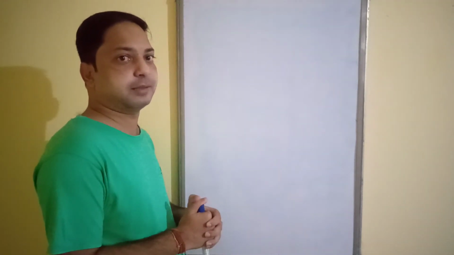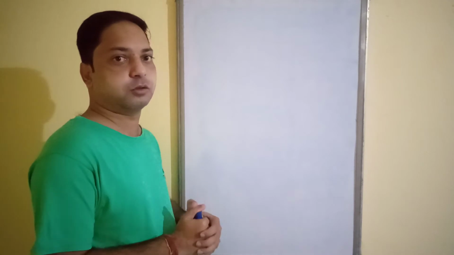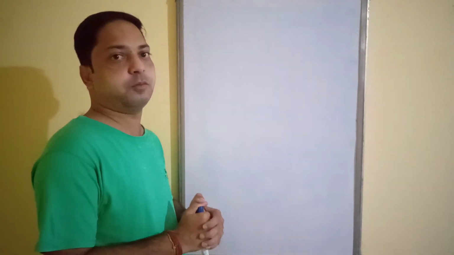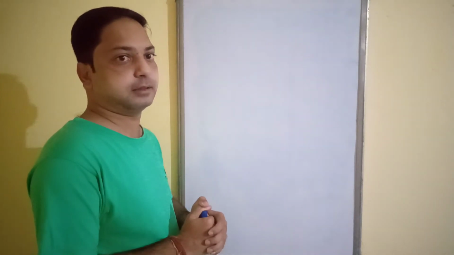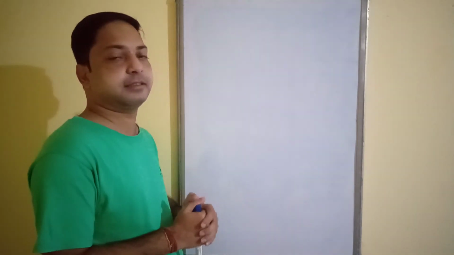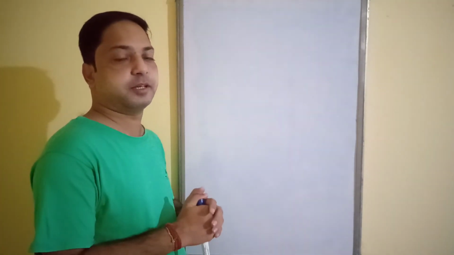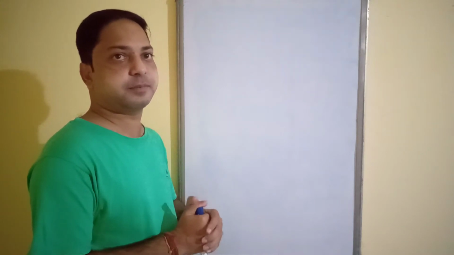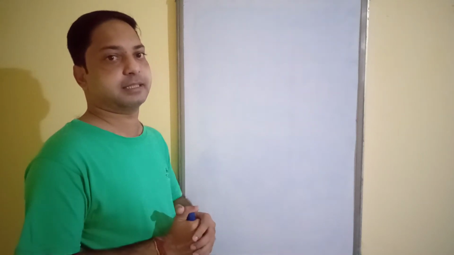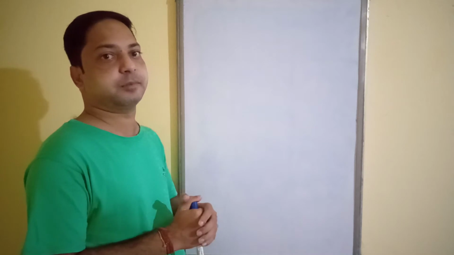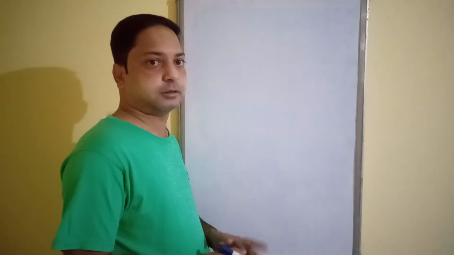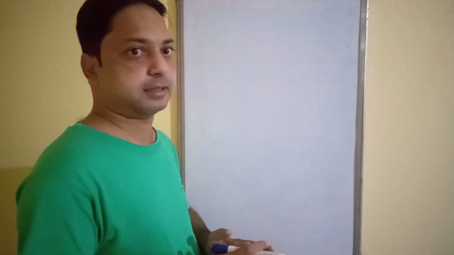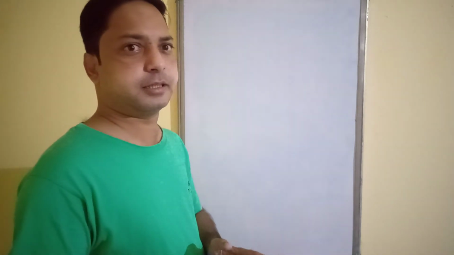So in today's video I am going to explain how to write the code to multiply two matrices in C programming. The first necessary condition to multiply two matrices is that the columns of the first matrix must be equal to the rows of the second matrix. Otherwise you cannot multiply those matrices. So now let us take an example to understand how the matrix is multiplied.